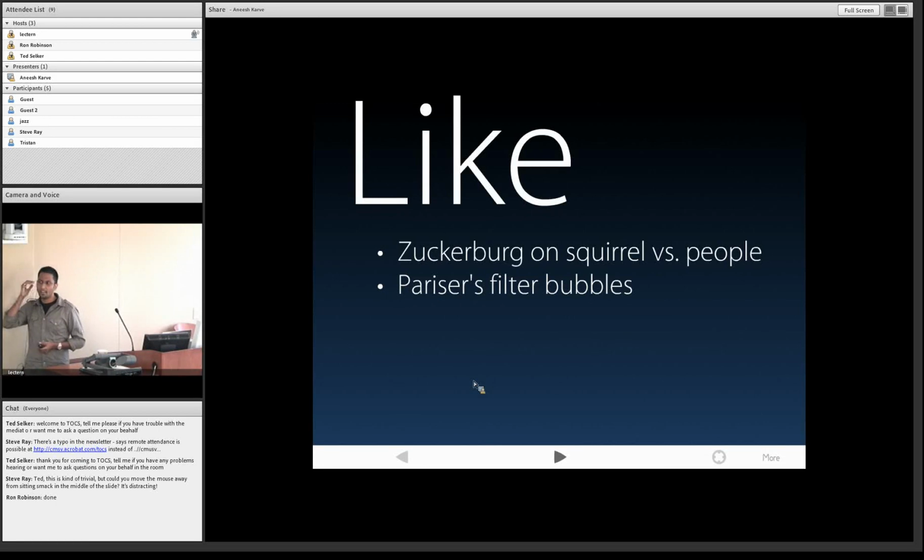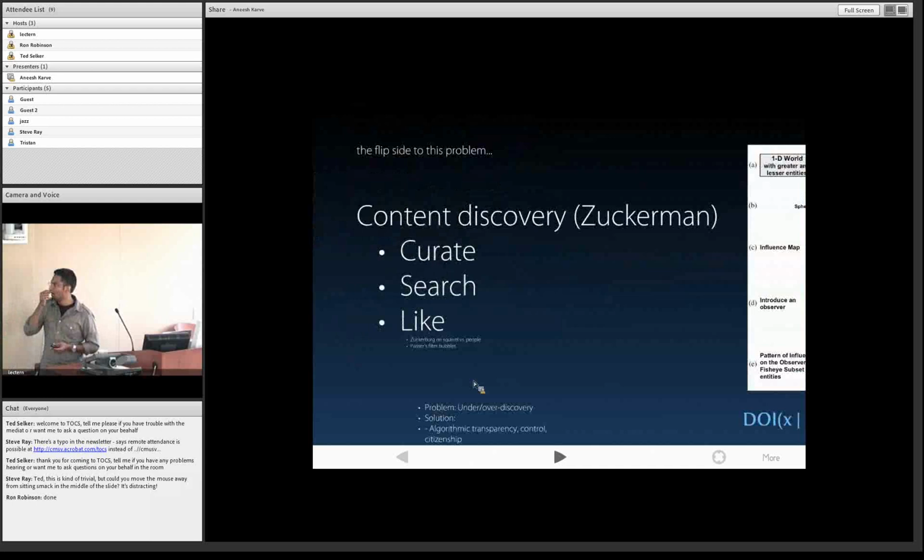And the fear is that through systems that are exclusively based on liking, people will start to see a view of the world that is dominated only by the things that they're interested in. And the thought that I want to leave you with before going into our demo is that this also has a focus plus context structure to it. And I want to talk about that for a second.